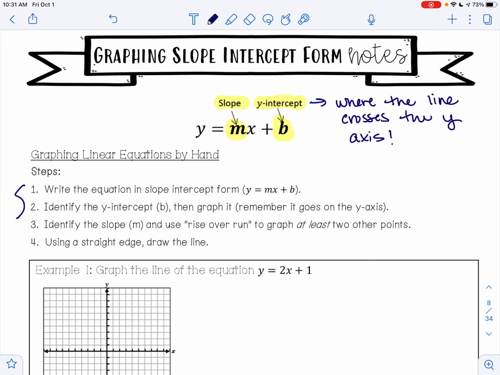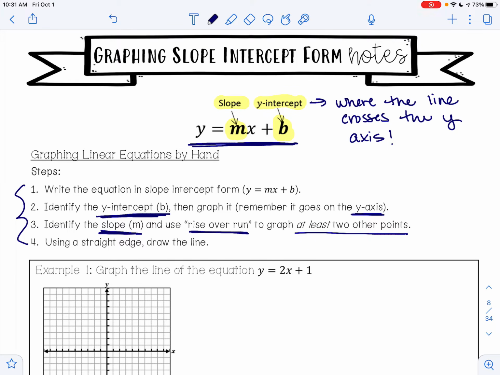So here we have 4 steps for graphing linear equations by hand. Step 1 is to write the equation in slope-intercept form. So if it's not in this form, you're going to have to solve for y to be able to get it into slope-intercept form. Step 2 is to identify the y-intercept b and graph it. Remember, it will always be on the y-axis. Step 3 is to identify the slope m and use rise over run to graph at least 2 other points